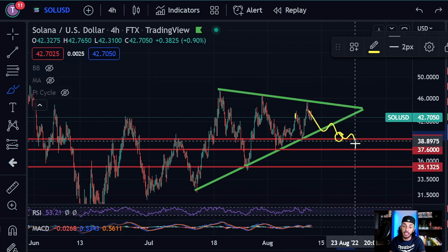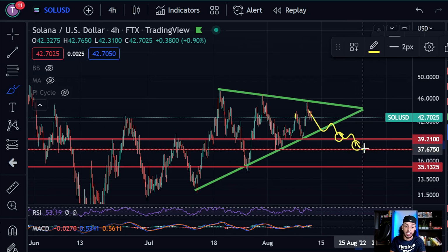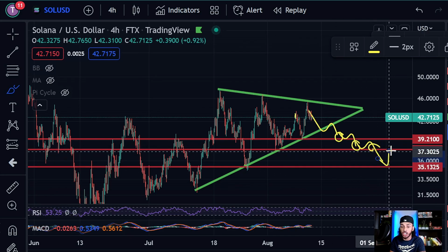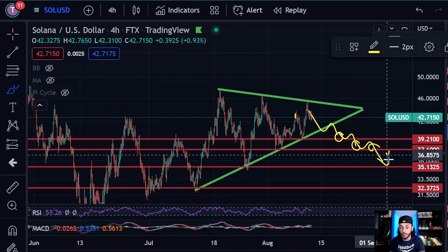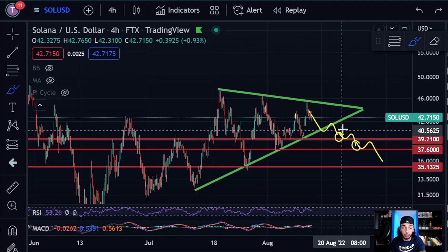If the price bounces and then corrects and continues back down under 39, boom, I'll start shorting again to 37.60, and then I'll do the same process. If we bounce, great. If not, and we start to crash again once we lose 37.60, I'll short it down to $35.13, and then finally we would have a breakdown target at $32 if we were to lose $35.13. Okay, so it's a very easy strategy. It's super easy to follow, but it is extremely effective,